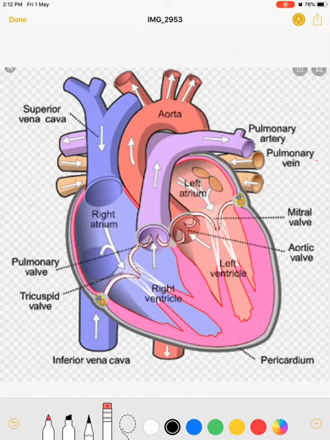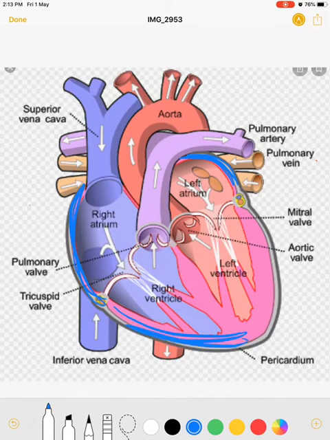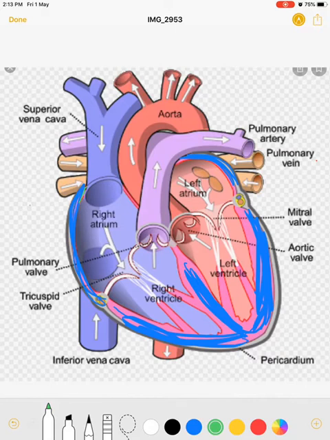Now you can see that upper portion of the heart, that is atrium, is thin. It has thin muscles, thin as compared to ventricle. See, the ventricle is highly muscular, thick muscular structure. See the difference, thick muscular structure. And as compared to ventricle, atrium are thin. They have thin muscular structure.